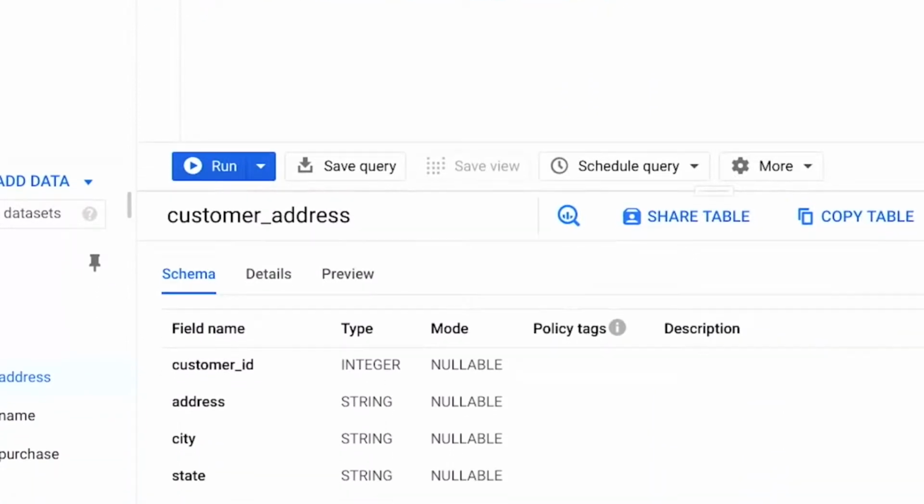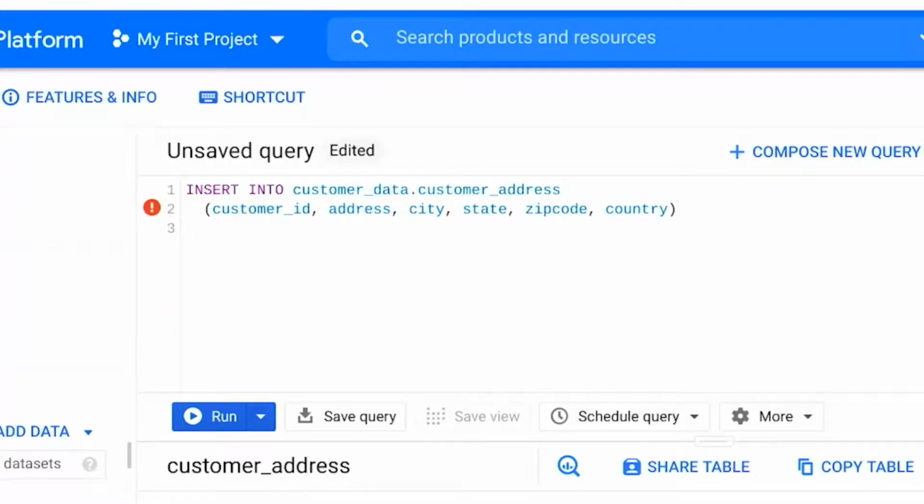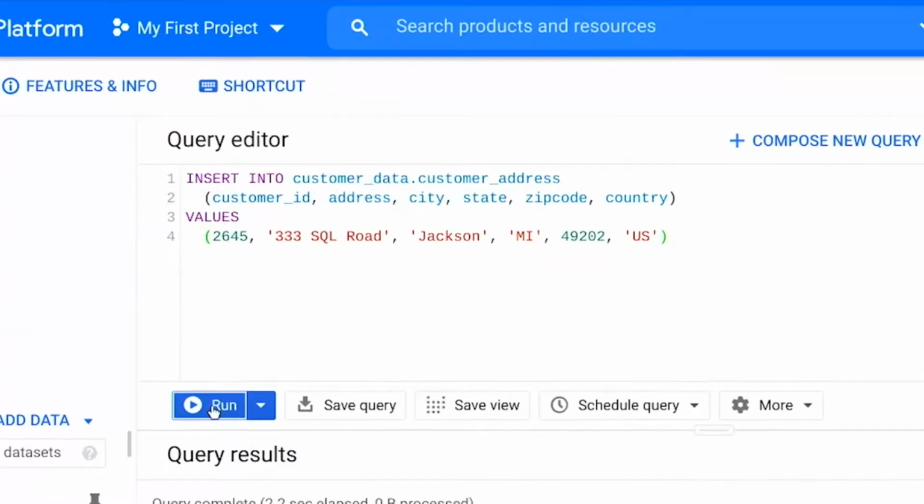That way, SQL can tell the database exactly where we're inputting new information. Then, we'll tell it what values we're putting in. Run the query, and just like that, it added it to our table for us.